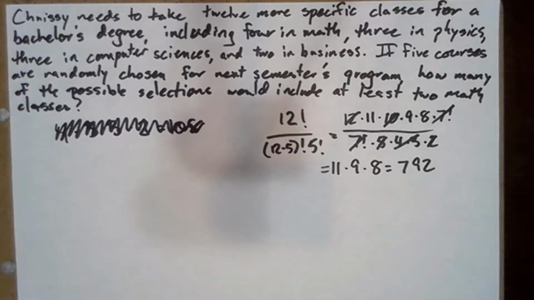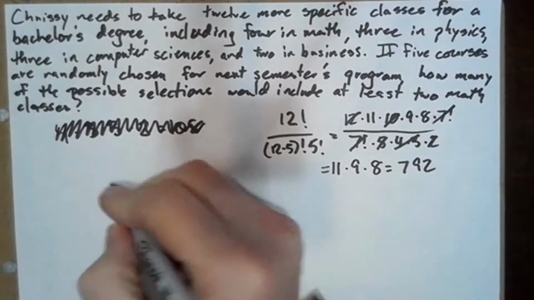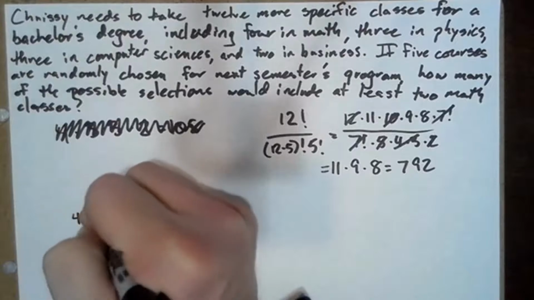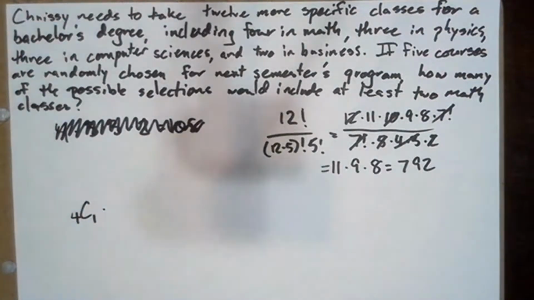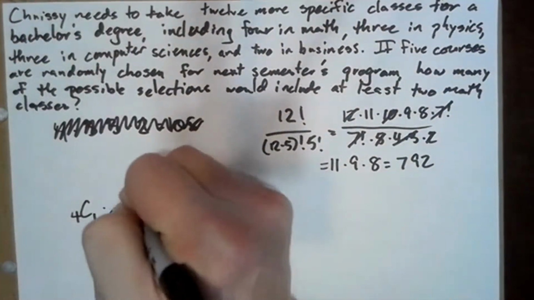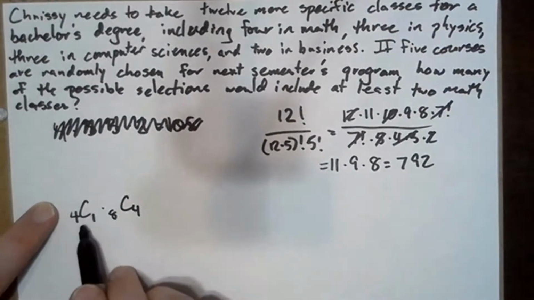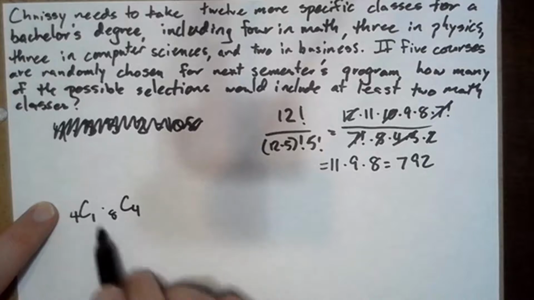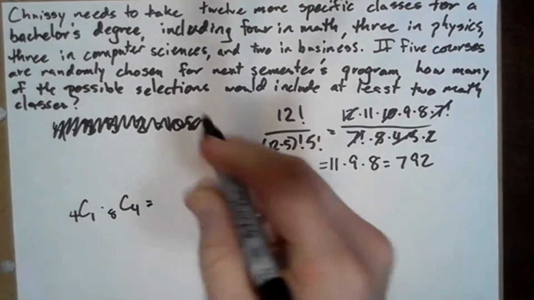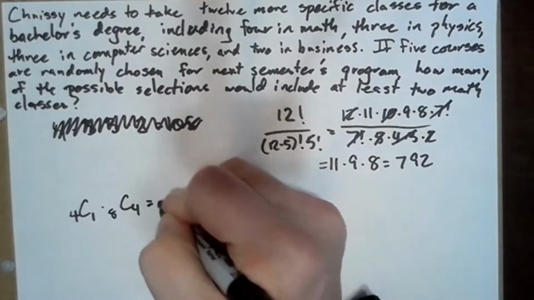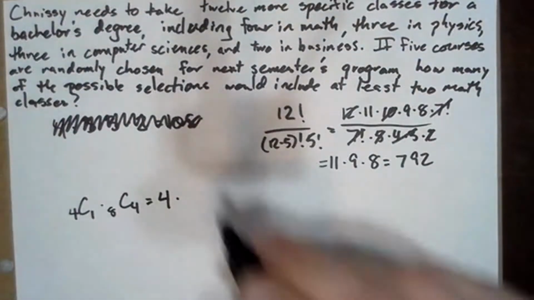Okay, here's how we handle this. So we can take 4 choose 1 times 8 choose 4. These are the 4 math classes that are available, and we're only picking 1 of them. These are the remaining 8 classes, and we're picking 4 of them. So that's going to be 4 choose 1 is just 4 times 8 choose 4